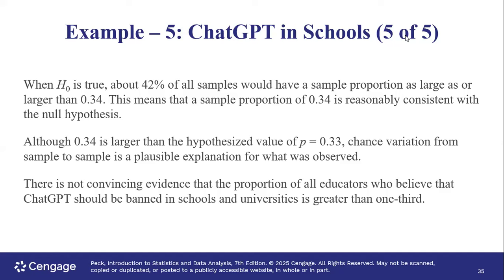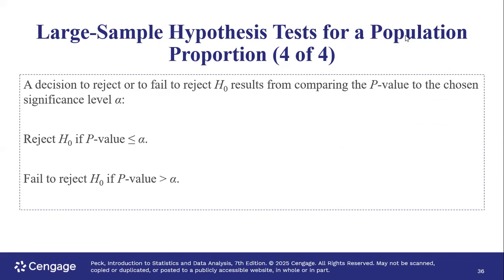If there is not enough evidence to support the alternate hypothesis, the decision will be do not reject H0 at alpha. Let's leave it like that. Okay. A decision to reject or fail to reject H0 results from comparing the p-value to the chosen significance level